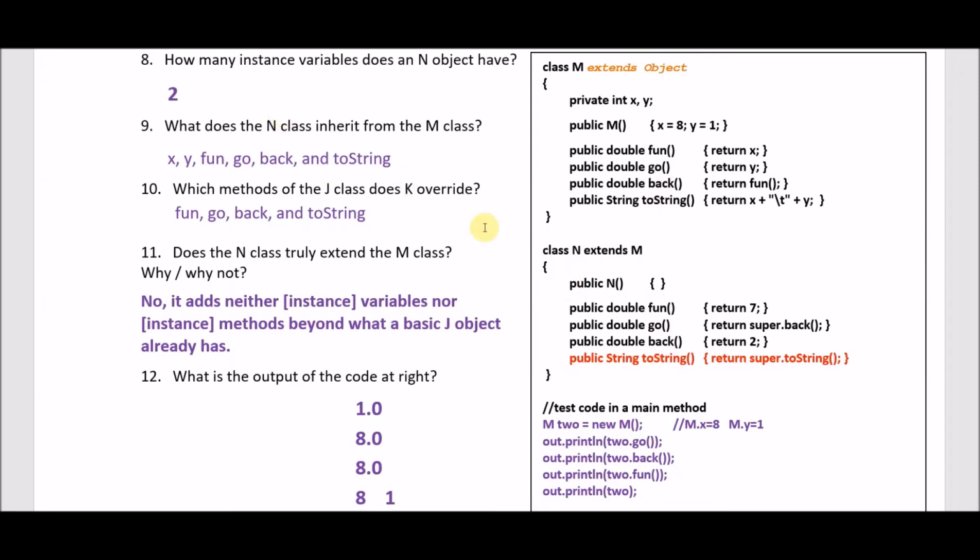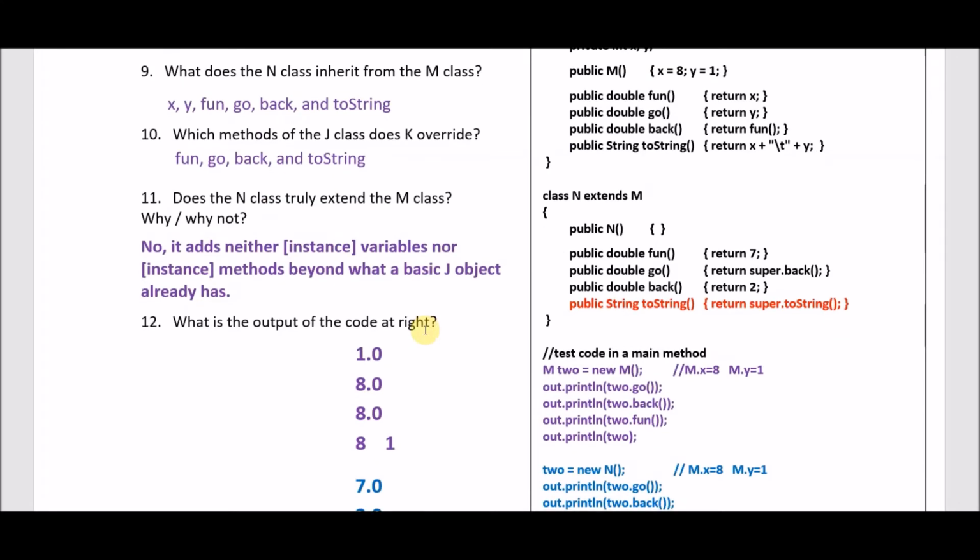Once again, how many instance variables does an n object have? Two, x and y. What does it inherit? Everything but the constructor. So x, y, fun, go, back, toString. What does it override? Well, all four methods. Does it truly extend? No, not at all. It doesn't add any new instance variables or any new methods. Now, as far as output,